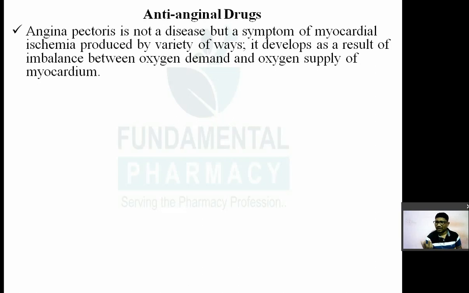So demand for oxygen is more in the heart, and oxygen is dissolved in the blood itself. Okay, so there is more demand in the heart for oxygen, but the heart is not able to get it because there is an occlusion in the coronary artery, so that results in chest pain, that results in the angina. So angina pectoris is not a disease, it is a symptom of myocardial ischemia. Because of the decreased supply of blood and oxygen, at that particular site where there is occlusion, these myocardial cells start dying.